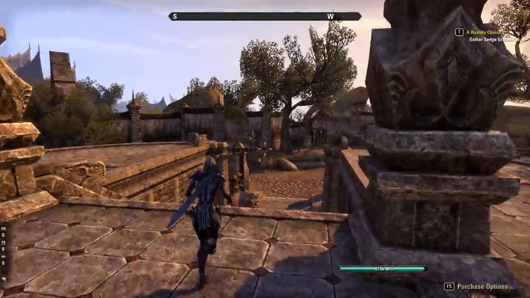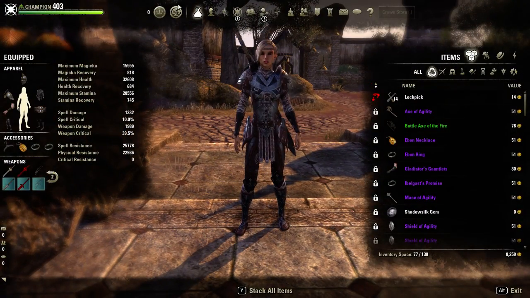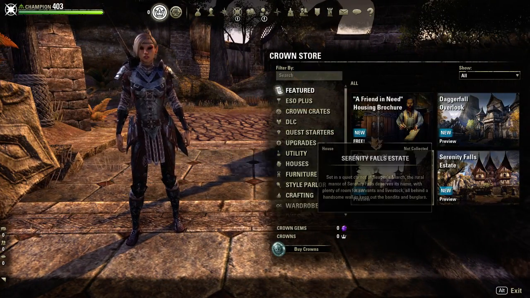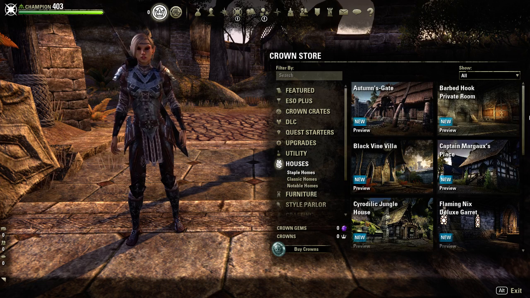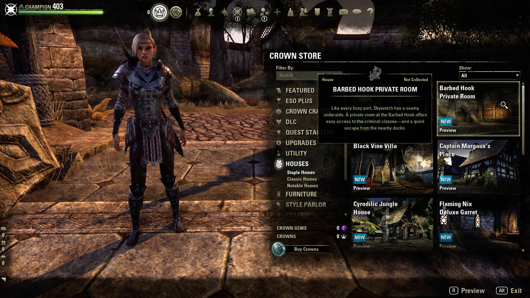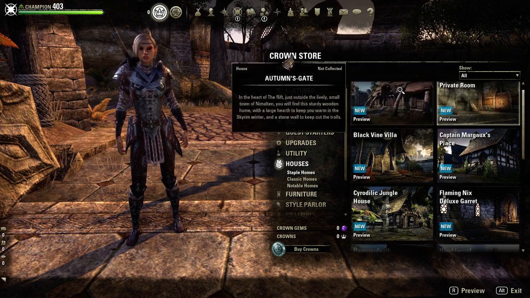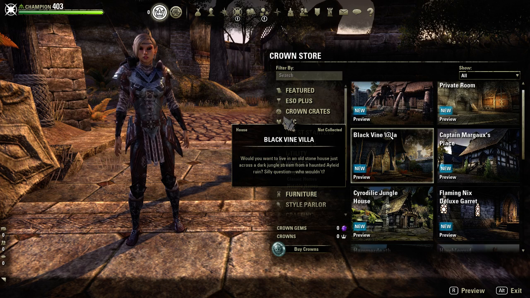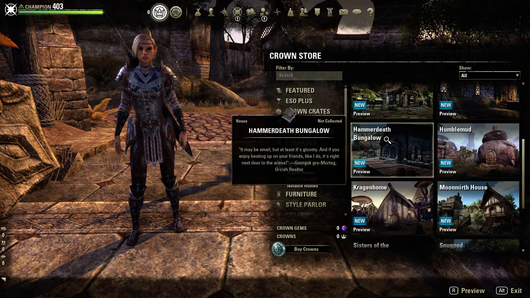But let's go ahead and leave this place, and we're going to go to another one. I don't know if we can do that from here. We'll try and do it from here, because there is a couple other houses I wouldn't mind looking at. One is one of the staple homes. Now, these are the Barb Nook private rooms. These are small, like apartments. The initial room you get is just a small room. It's not very great, but we are going to go take a look at...